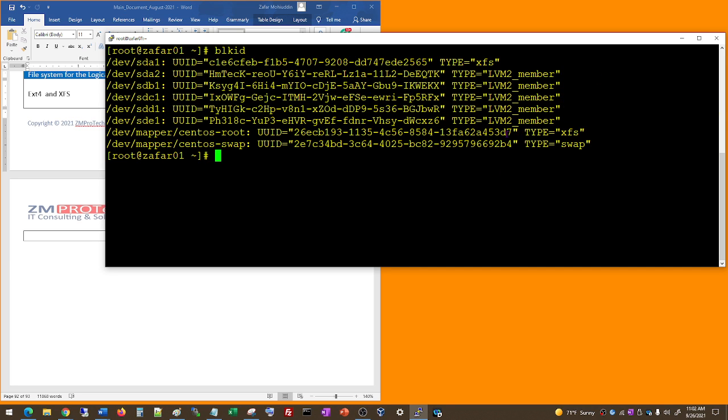Okay, and later on, all we have is LVM2 here, right? So now what we're going to do is, once we format it, it will give us type equal XFS here or ext4. Okay, so how are we going to make a file system? mkfs dot